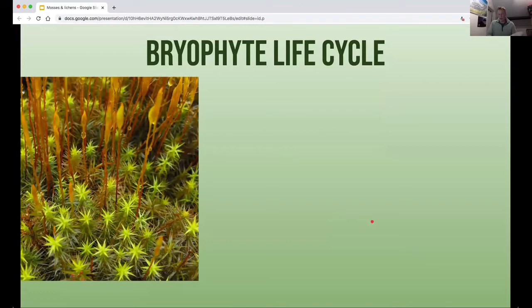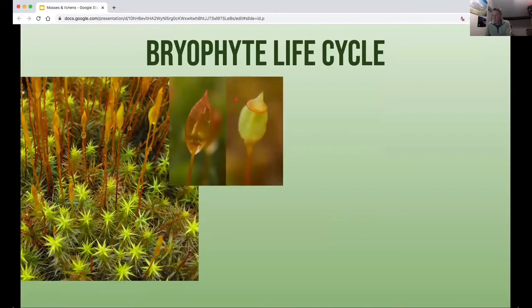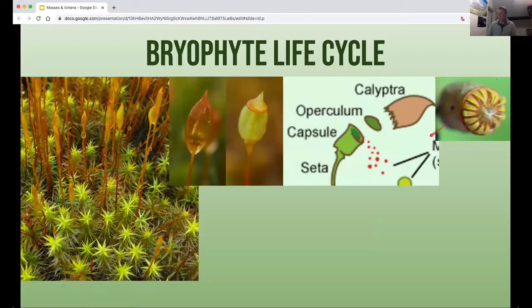In terms of their life cycle, it's quite complex, but what I'm trying to do is illustrate how their life rotates, and it's this thing called an alternation of generations. So there's a familiar star moss there with a spore capsule. At the top of that spore capsule, you find the structure, and if you whip the cap off, you'll find this squarish structure with a little hat. Now they've got technical names, but when the spore capsule is fully developed, that's what it looks like without the little hat on. The spores will be released, which you see here,